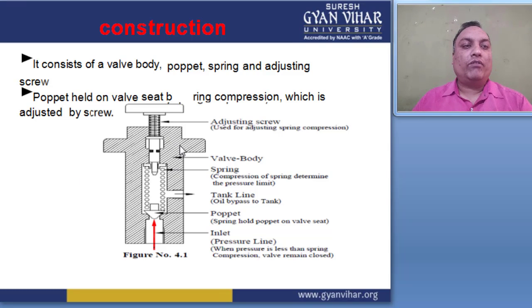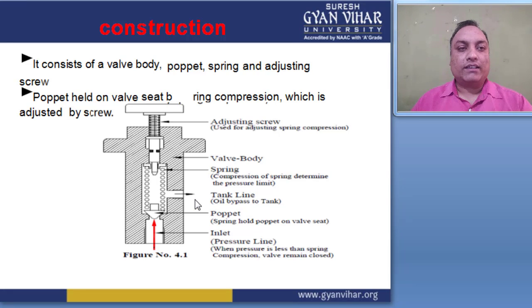This is the valve body of this pressure control valve, and a poppet, spring and adjusting screw, and this is the adjusting screw. Here the dotted lines are known as the spring, and this is the tank line. Here this is the output side, so this is the tank line, and